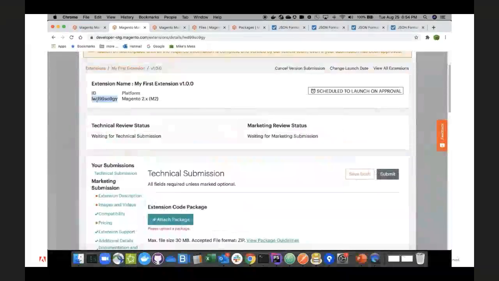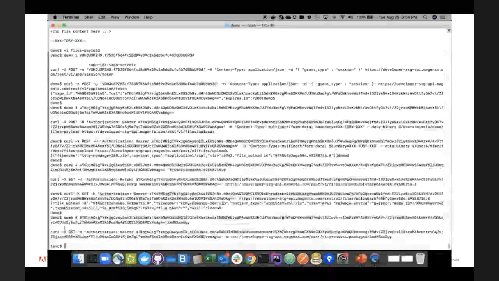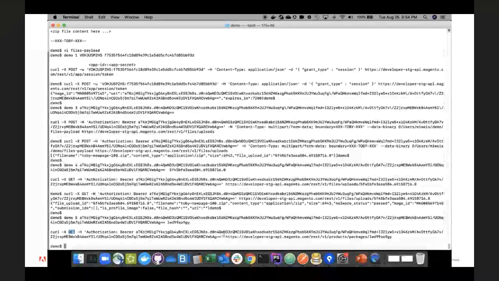I'm going to flip back. I'm going to grab the submission ID. And then what I'm going to do at first is to do a GET. So we're going to retrieve some information. First, we pass in our authorization header that identifies who we are. I'm going to pass it into the Dev Portal